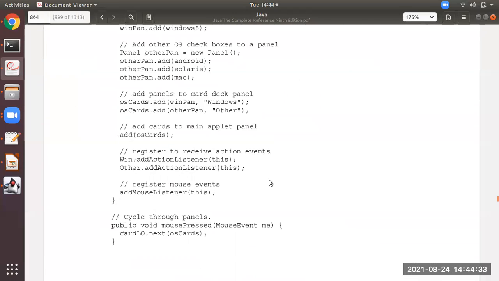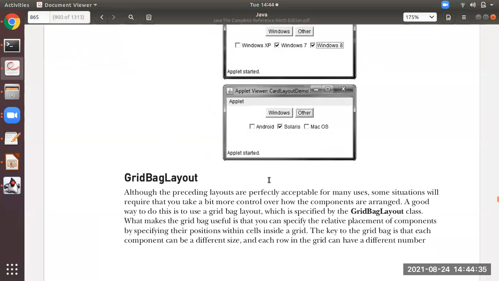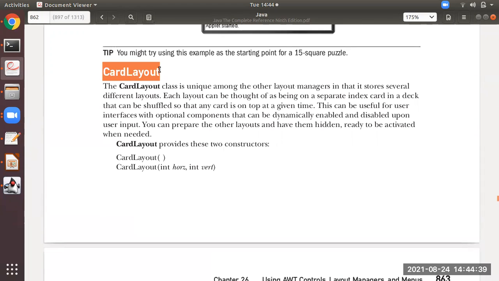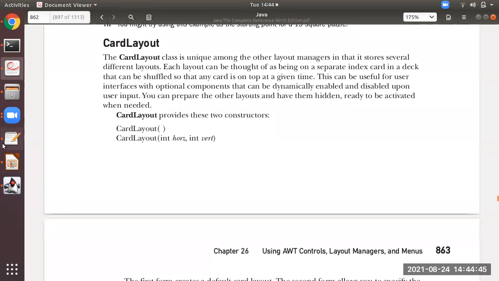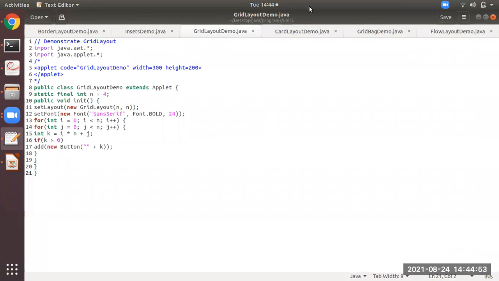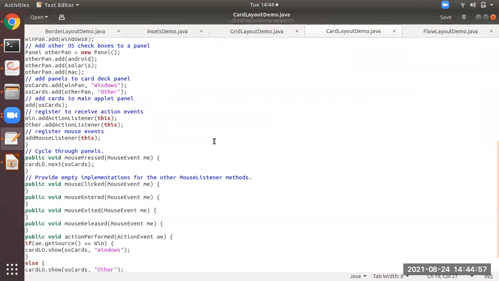The next is card layout. Just a second. Let me close this. Card layout program.